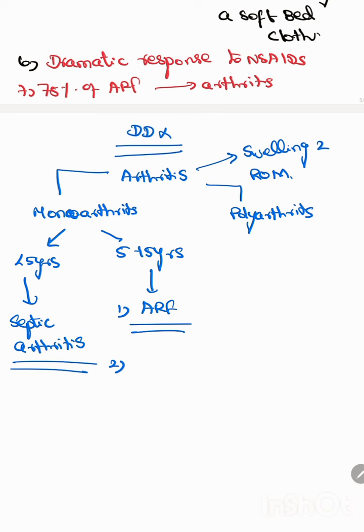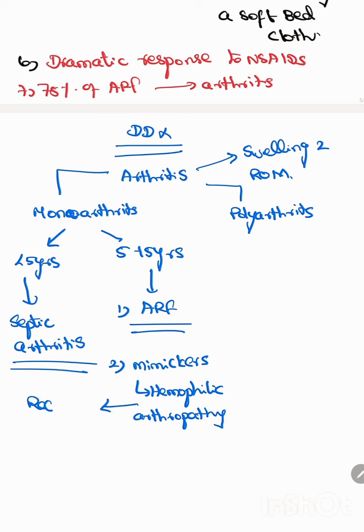And a condition that mimics monoarthritis is hemophilic arthropathy. Hemophilic arthropathy can first manifest in 5 to 15 years, and they will have recurrent joint swelling. They are not arthritis, they are arthropathy. Or it can be an earliest manifestation